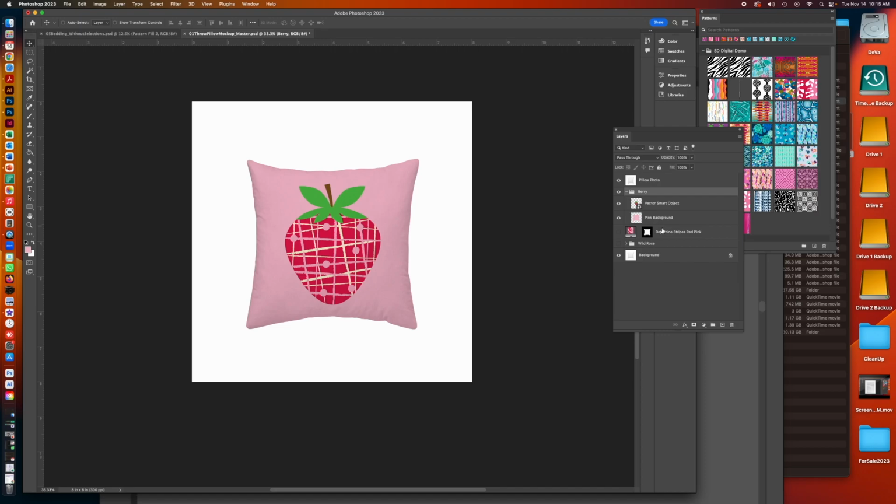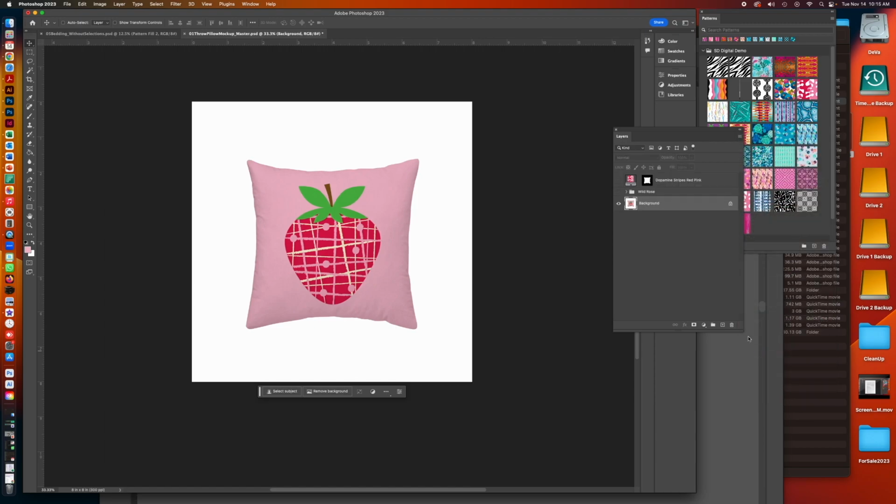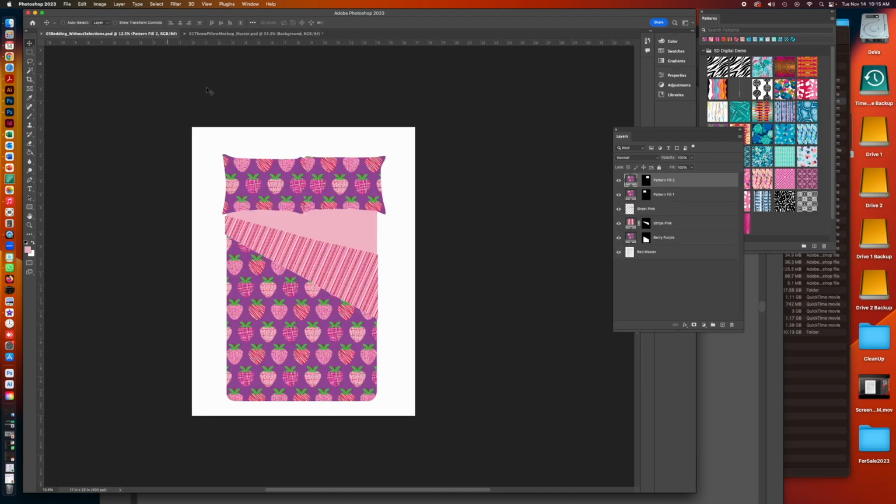So I'm not going to save the flattening, but I want to flatten it just temporarily, because you won't be able to grab all these layers in one swoop, because we have the overlay, we have the vector art, we've got the pink background, and we've got the base photo. So I'm going to just go merge visible, and now I have a flattened photo that I can select, Command A, copy, and then come back over here to my